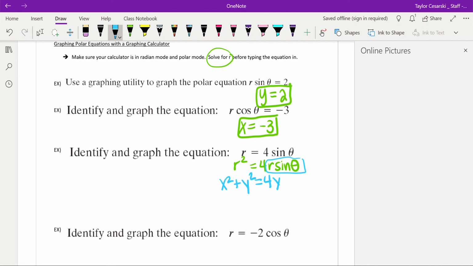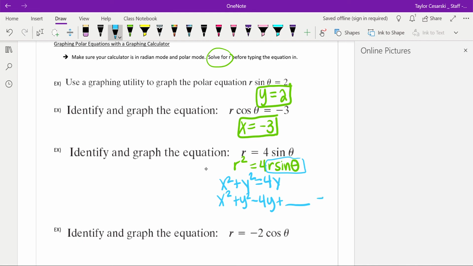All right, so now I have something that looks like a circle, but I have to actually solve it, and we're going to go back to something we did at the very beginning of the year and that you did in Math 3, and that is completing the square. Okay, so I'm going to start by getting everything on one side. So x squared plus y squared minus 4y,